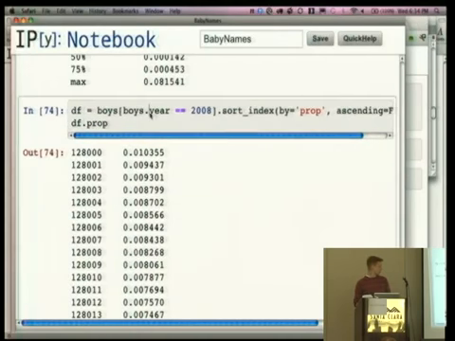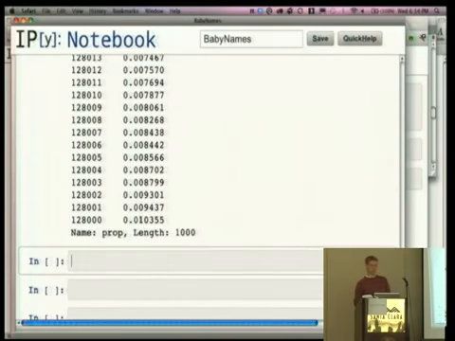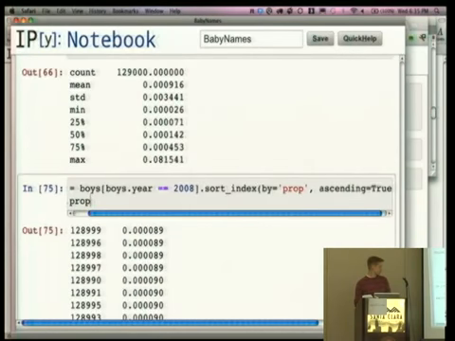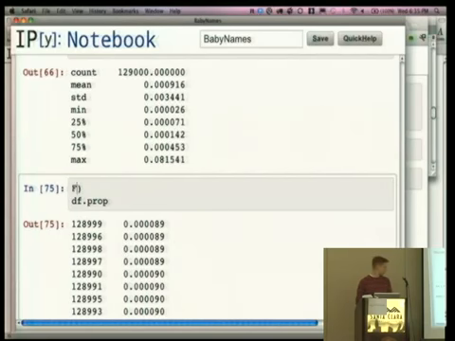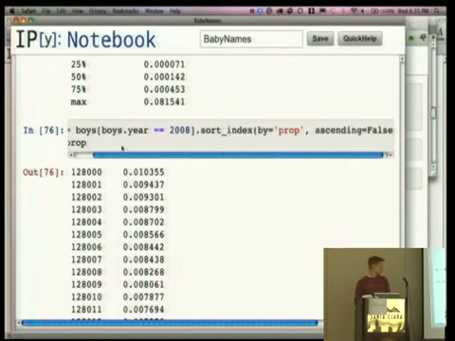So here it's in descending order already. If I'd done ascending equals true, then you can see it's now in ascending order and the maximum value is at the bottom. Okay, ascending false. Okay, prop. Now